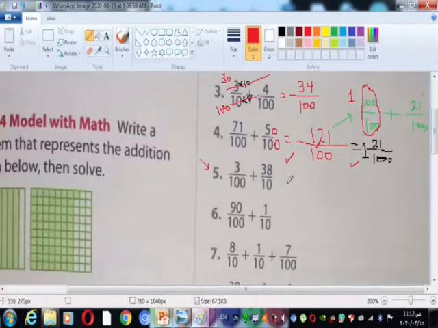You have enough time now to start answer with me question number 5. What the result of this question? I have two fractions, one of them 3 to 100 plus 38 to 10. So, what the answer is equals what? I'll prepare the answer and I'm waiting for you until you answer with me in your notebooks. I think that the minute that I give it to you may be over, and let's just start to answer